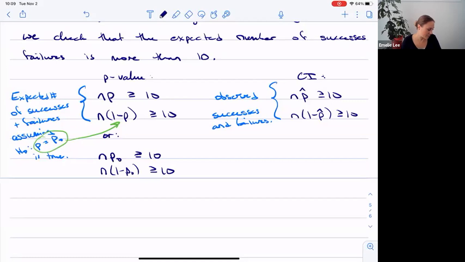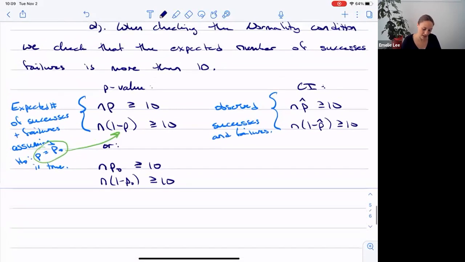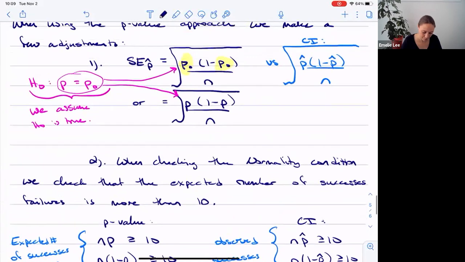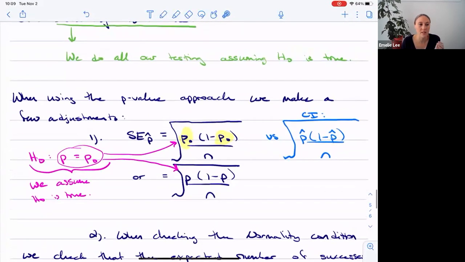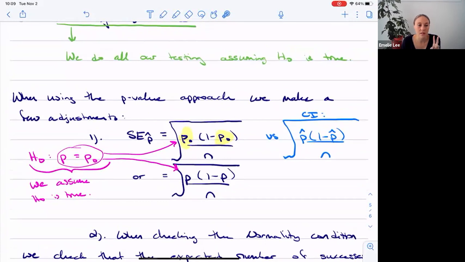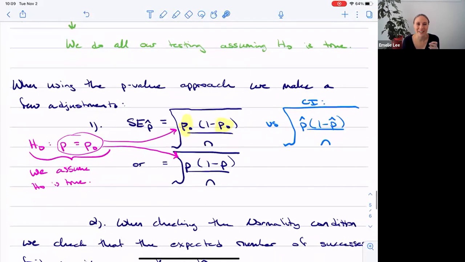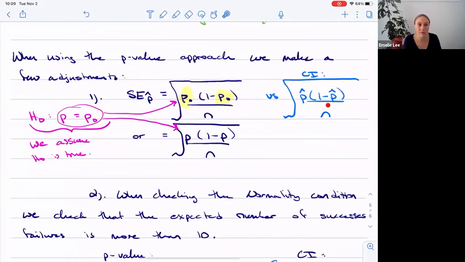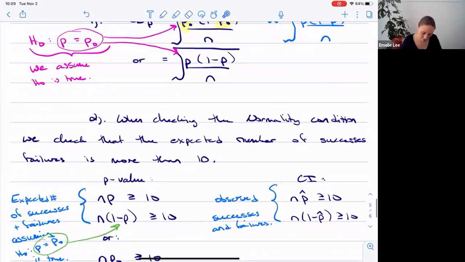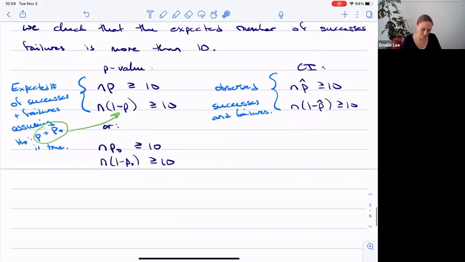Anything else before we start with actually outlining the approach? So when we're using the p-value approach, we have to make these 2 adjustments. Okay, they're not major, but they're going to make a difference if you're trying to enter your answers and you've used a different standard error. For example, if you've used the one for the confidence interval, that's going to be marked wrong. What's going on here? Okay,